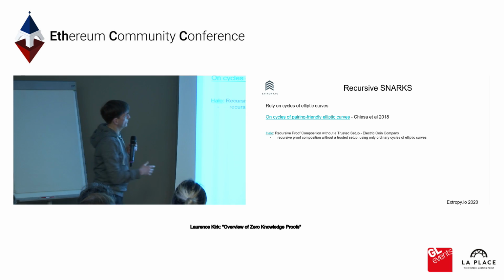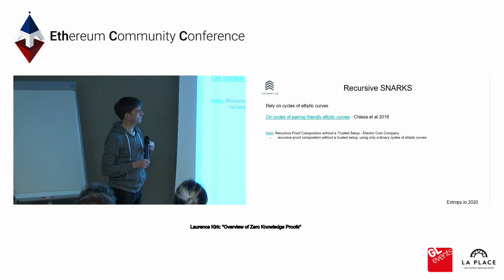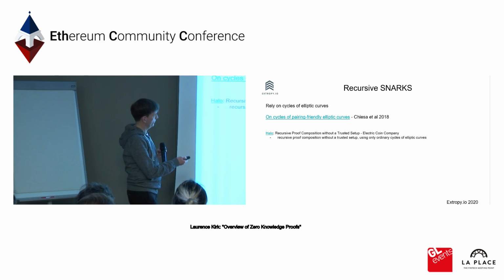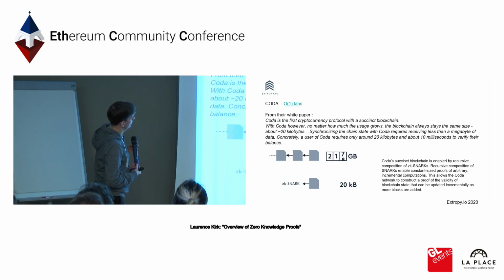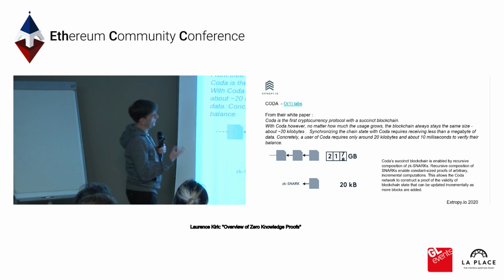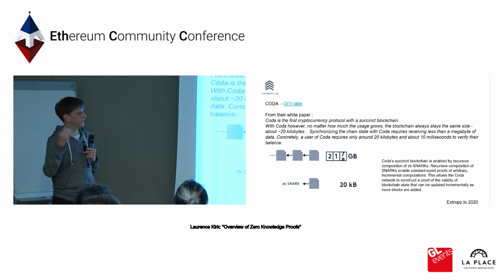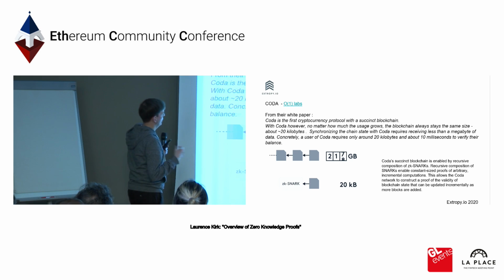And so the Zcash team, Electric Coin Company, with the Halo project, which doesn't require a trusted setup, and one of the major ones, Coda, are doing this. They did this with an eye to the blockchain. In a typical blockchain, we have this idea we want to be able to verify blocks and verify transactions, and if you're involved in the blockchain, you need to verify all of this.